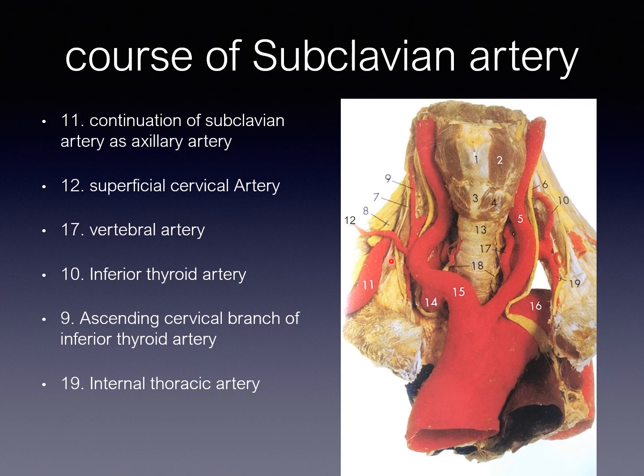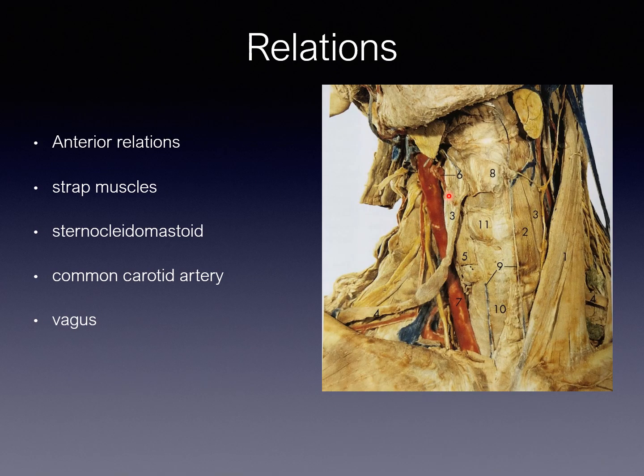Okay, number 1, we have finished the origin, we have finished the extent, and we are talking about the course. 3 parts we have spoken about, and then I want to show you a few important structures here. So you have seen all these arteries. Next picture we will see the other relations. So now we'll see the relations.